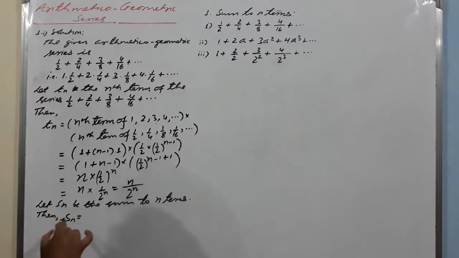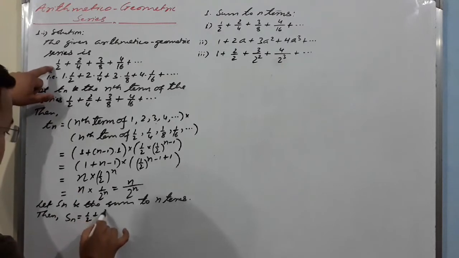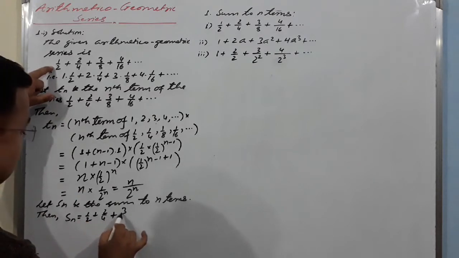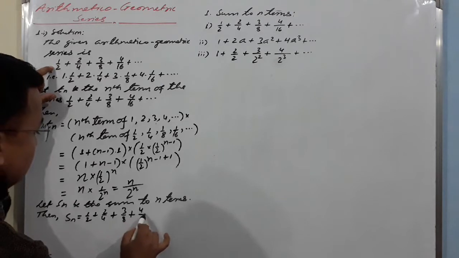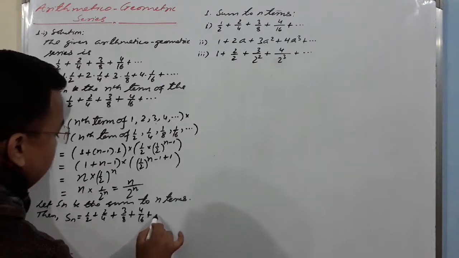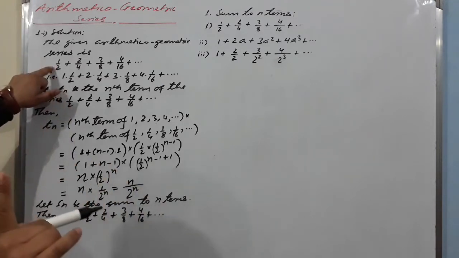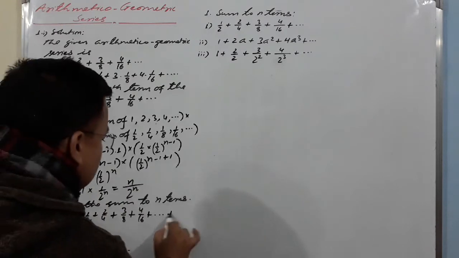Sn is equal to 1 by 2 plus 2 by 4 plus 3 by 8 plus 4 by 16 plus dot dot dot. 3 dots are enough, and plus,